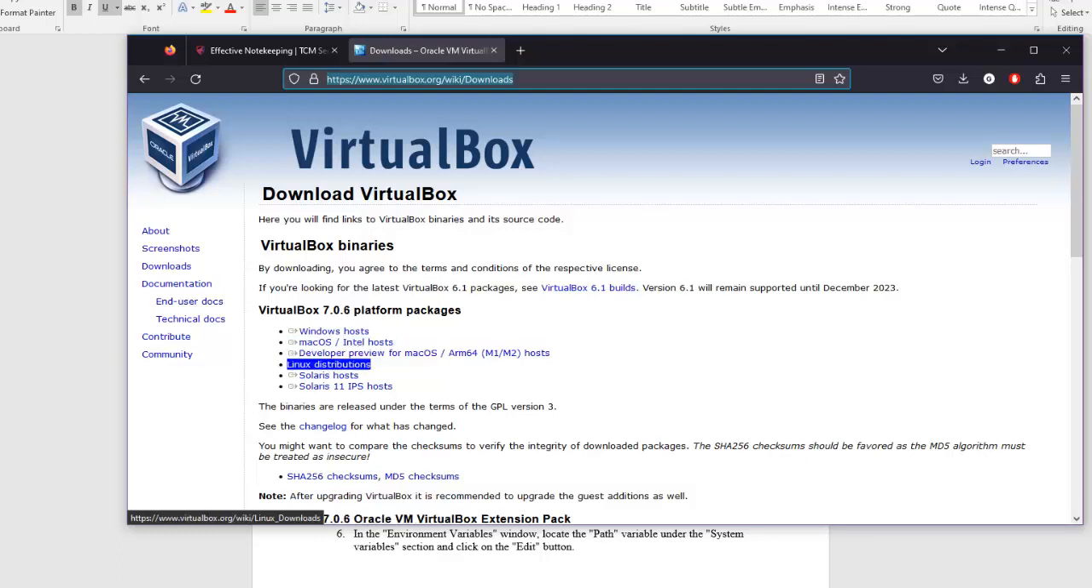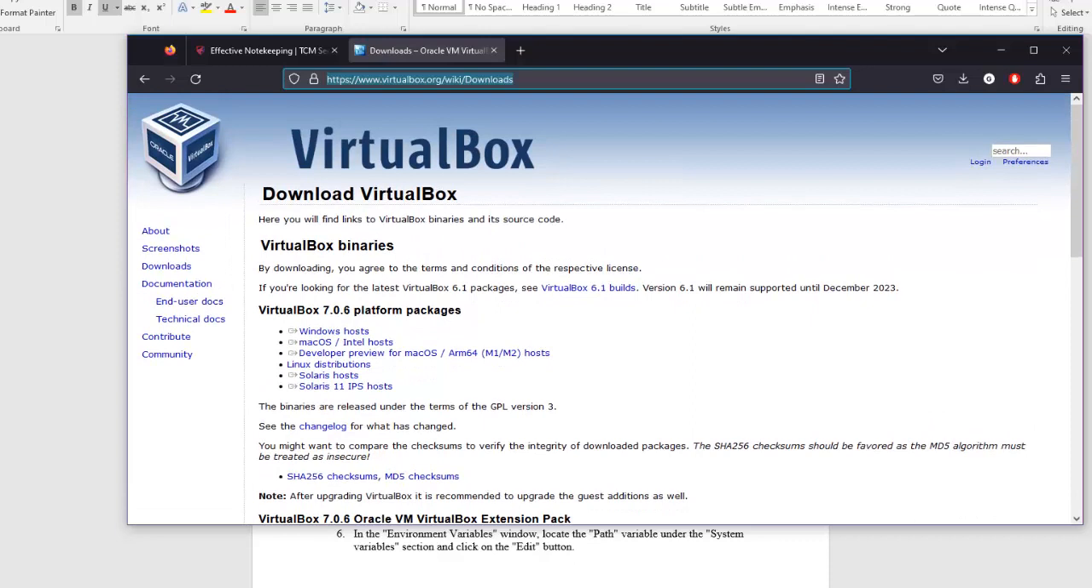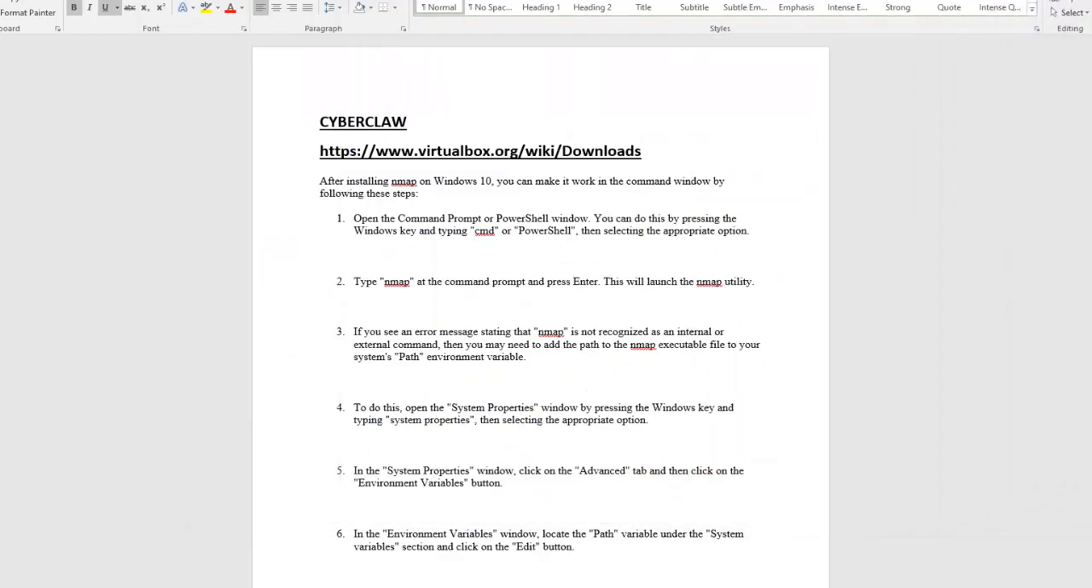Now, for Linux and Mac, you can Google it or go to YouTube and see how to install it, because right now I'll be doing it on Windows, where I already installed it. You're also going to need the extension pack, which is this. I will show you how to install the extension pack afterwards. But right now, make sure you download the Windows host. Okay, so once you have downloaded the Windows host, as you can see,